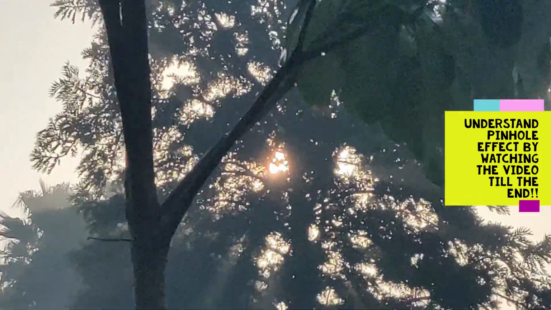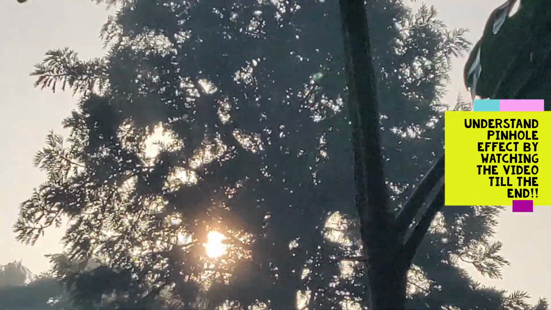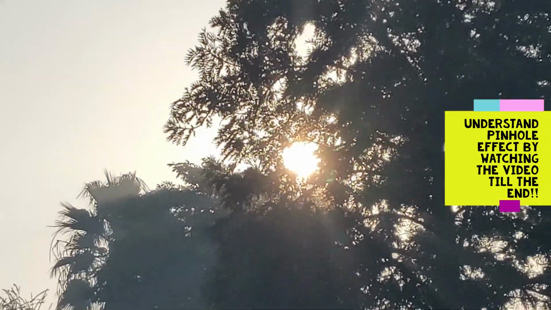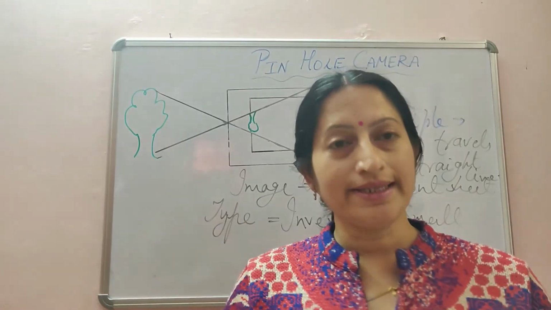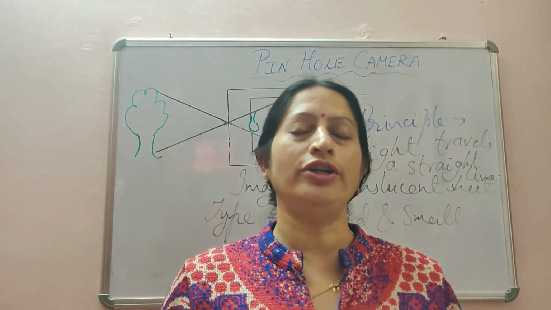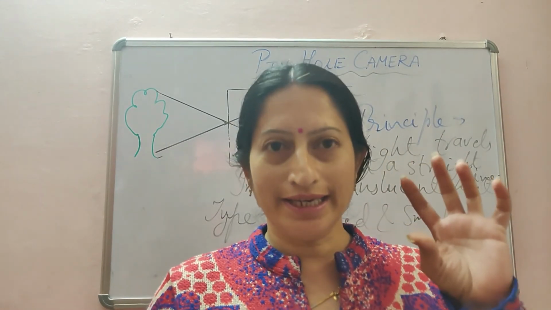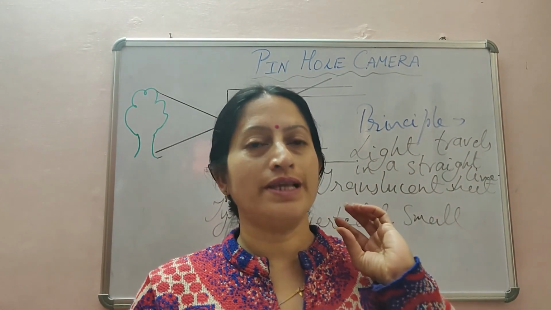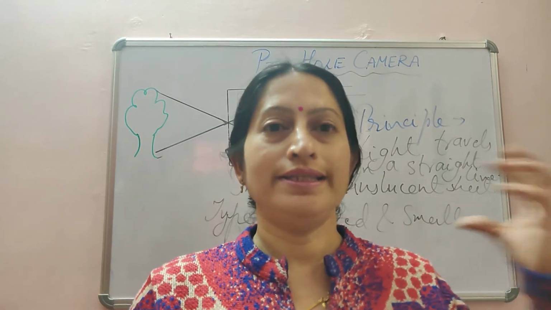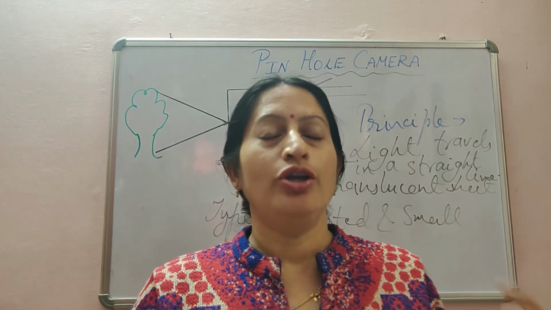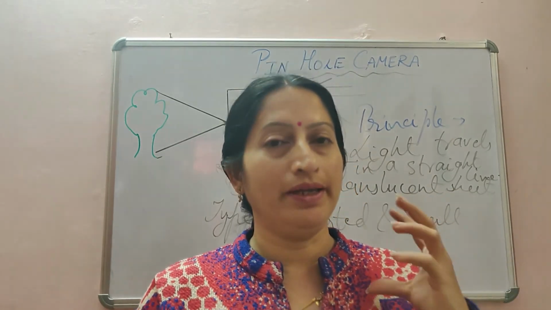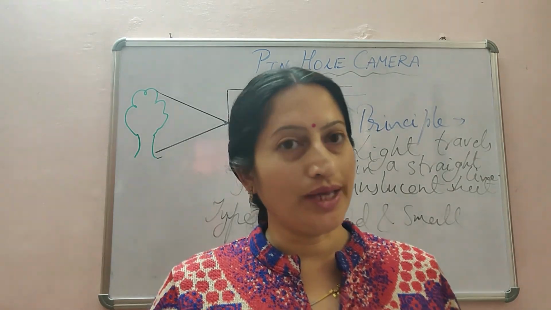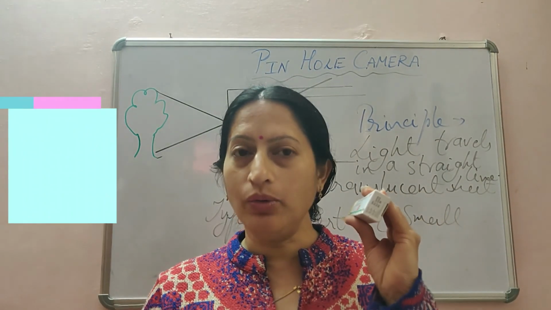Students, I think you are able to see this pinhole effect which is formed by the sunlight coming from in between the tree and the leaves of the tree. In nature, we see round spots of light or sun-shaped lights in between the shadows of some leaves of trees when sunlight is falling on the tree. So those are natural pinholes which are formed in nature. So like this you can see, and you can make your own pinhole.